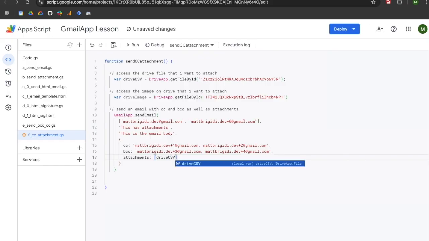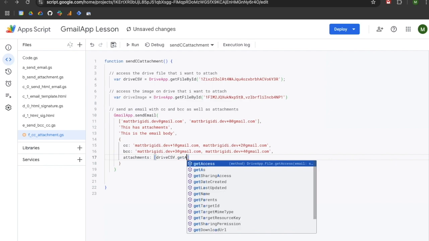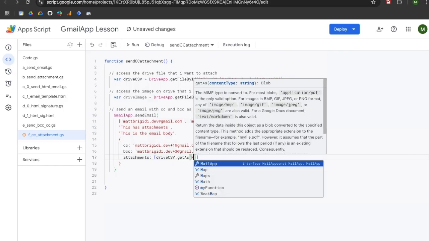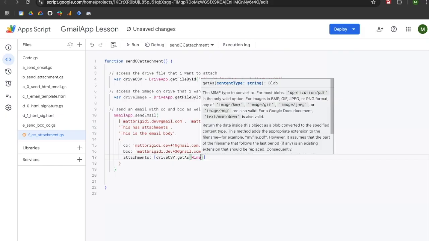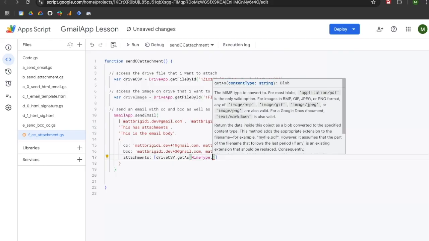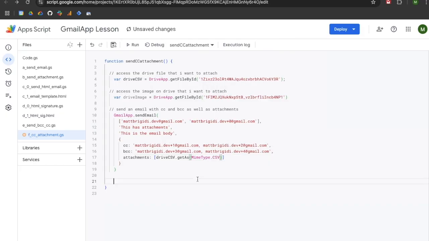So what you're going to have to do is use .getAs with a capital A. You're going to open up a set of parentheses, and then you're going to have to define your content type. In order to do this, you're going to have to use MimeType, capital M, capital T, dot. This will allow you to start defining content types. In this case, we're going to use capital CSV. I'm going to hit save, and now we're going to send our email to make sure all of these things work. So I'm going to hit run,